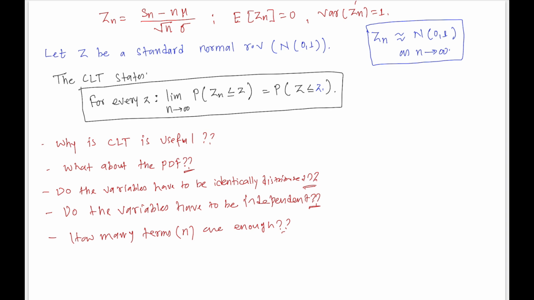Usually yes, we can. It depends on what kind of distribution we have. If the distribution is somewhat symmetrical and unimodal, I mean it has at most one peak, then